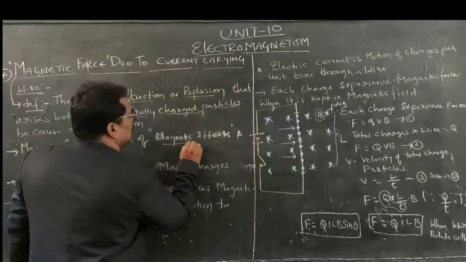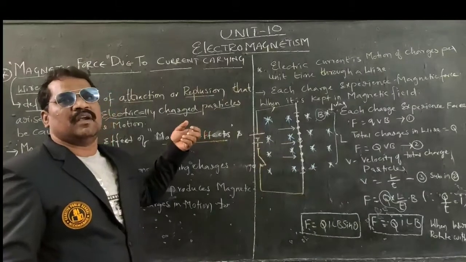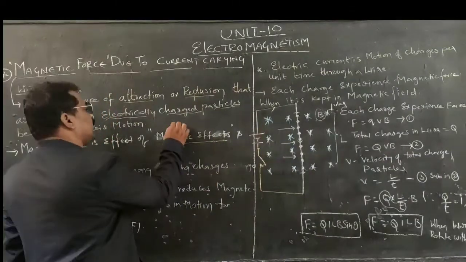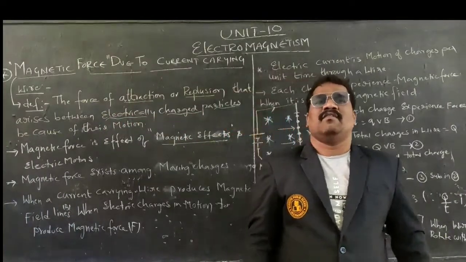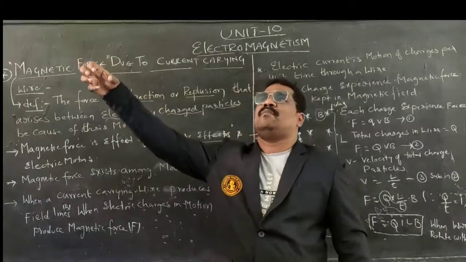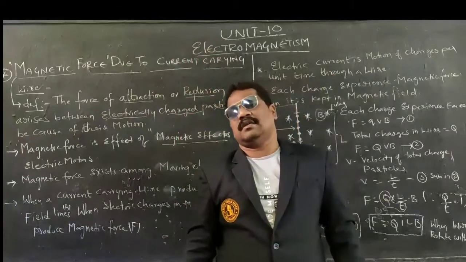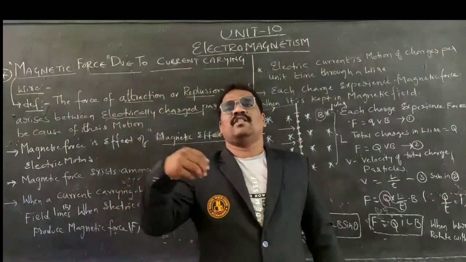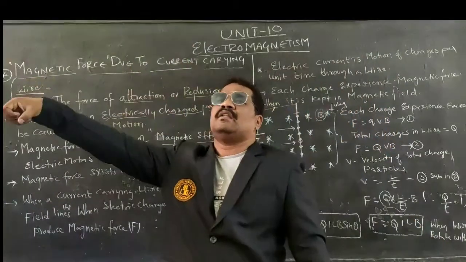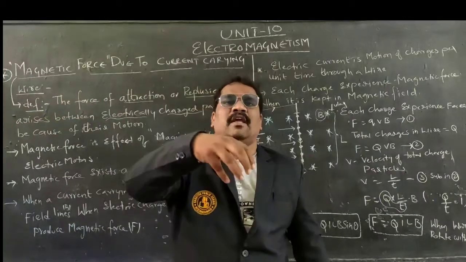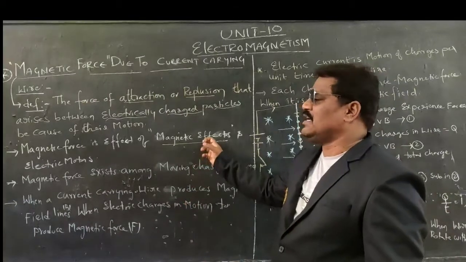This magnetic force is an effect of attraction by magnetic effects, that means attraction of some other substances, magnetic material. If you take an example, as I already said in the previous class, electromagnets are used to lift heavy material from one place to another. It consists of an electromagnet. When current is flowing through the wire, it attains magnetic properties so that it can attract heavyweight metal substances, and they can be lifted from one place and placed at another place. That is the electromagnetic effect.